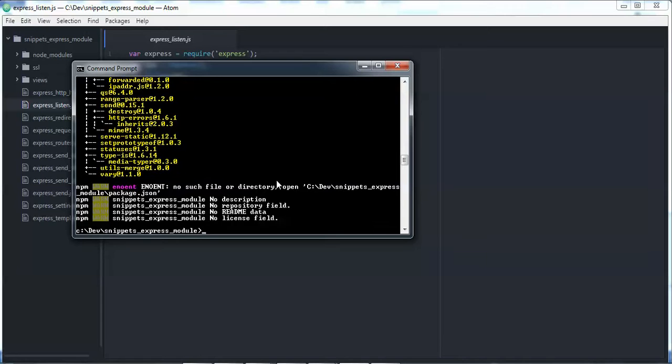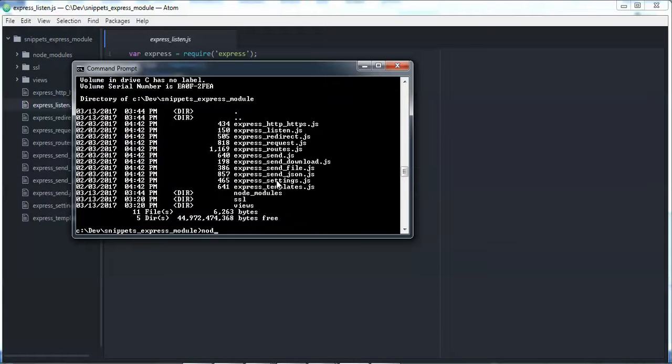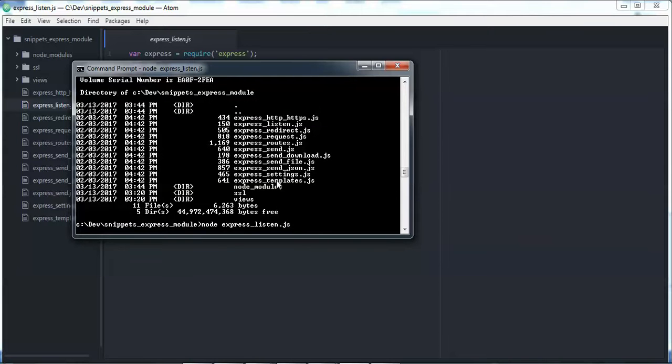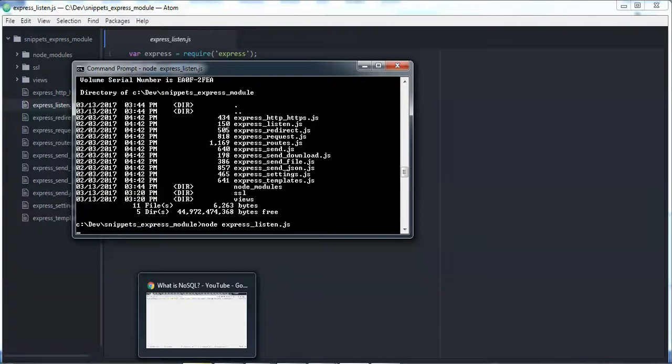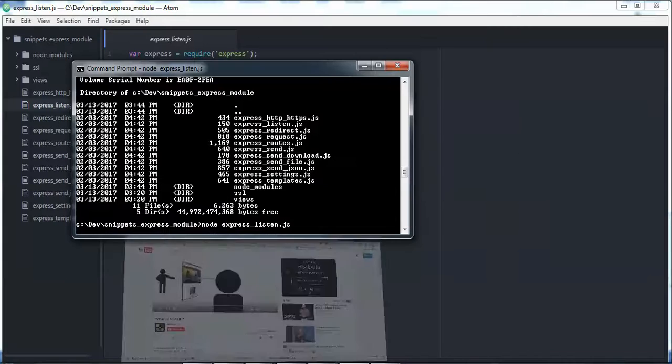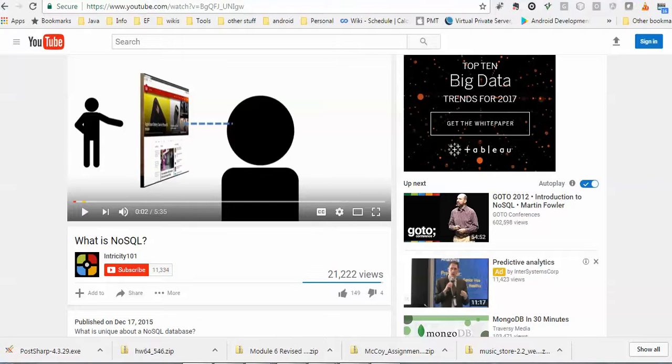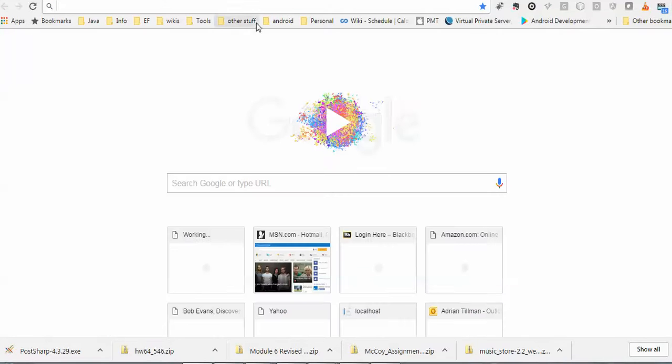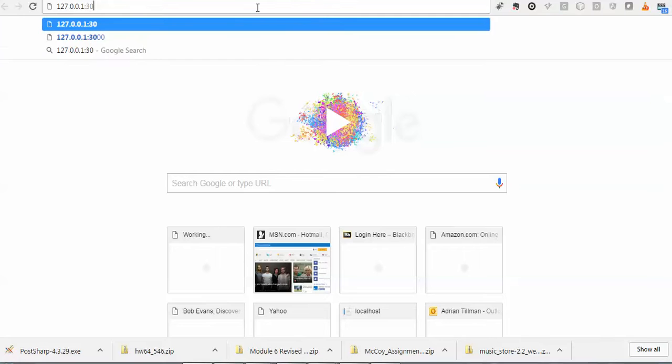Alright. And let's run that server again. Alright, so if we go to, let's just open up a new window. Alright, there we go. 127, and we're on port 80, so I can leave that off. Alright, hello from Express. So by going to the root path, it hit that callback and it returned hello